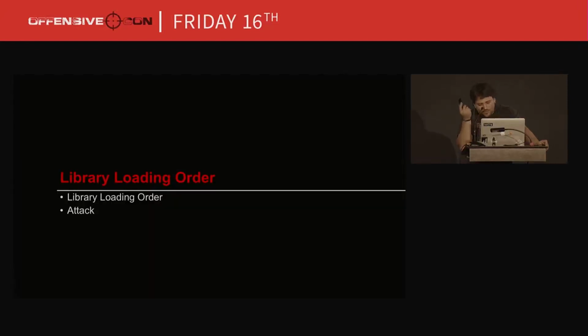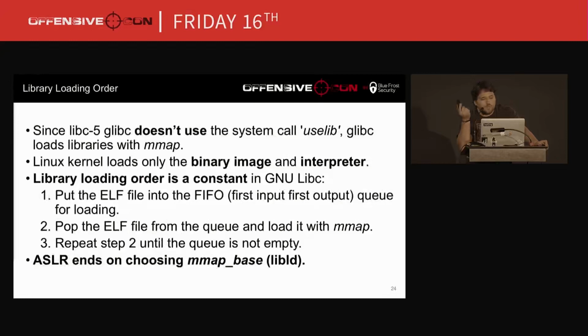First of all, the library loading order. It's what we see, because in the picture you saw from the proc self maps, the libraries are always in a constant order. Libc doesn't use the uselib system call and implements loading of libraries by itself, and it has a constant order, and the algorithm is provided on the slide.